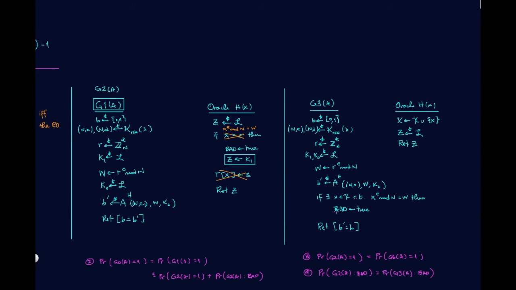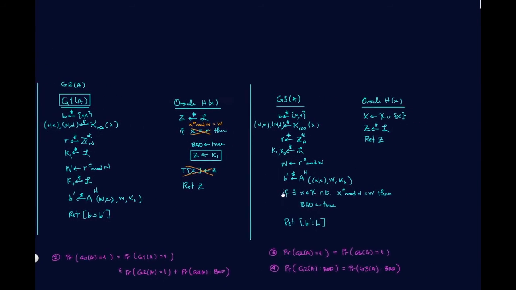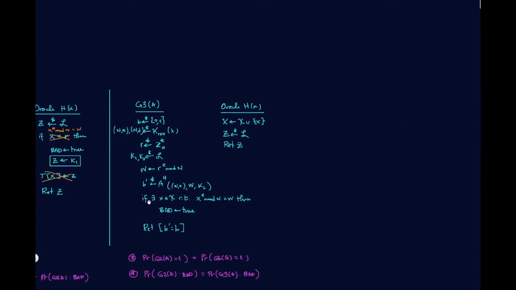We're also going to check whether or not bad would have been set to true. So we just check in this set of queried things x. We just say, does there exist an x in here such that if we raise x to the e mod n we get w? Because that's exactly the check here that would have set bad to true. So again, we can now claim that the probability that in G2 bad gets set is the same as the probability in G3 that bad gets set. But now we've actually gotten somewhere, because if we slide over a bit more,